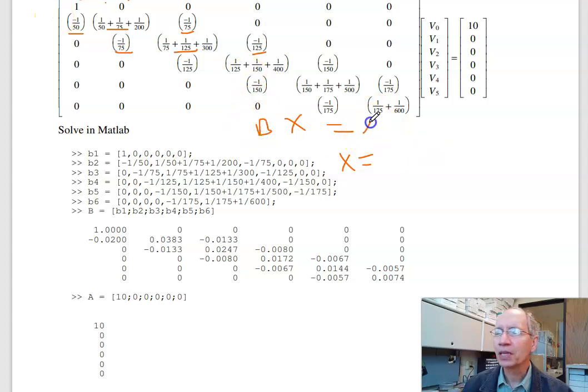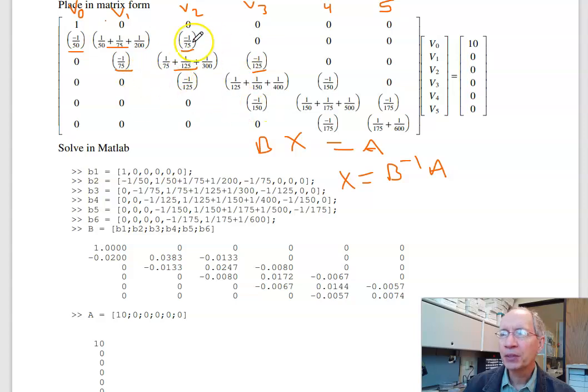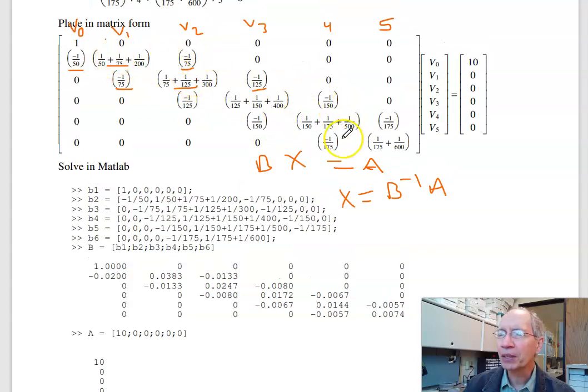B times X equals A, X equals B inverse times A. So input this matrix into Matlab, and this is kind of a big matrix, so what I did is, here's the first row, second row, third row, fourth row, and so on. Pack them all together, there's your B matrix,